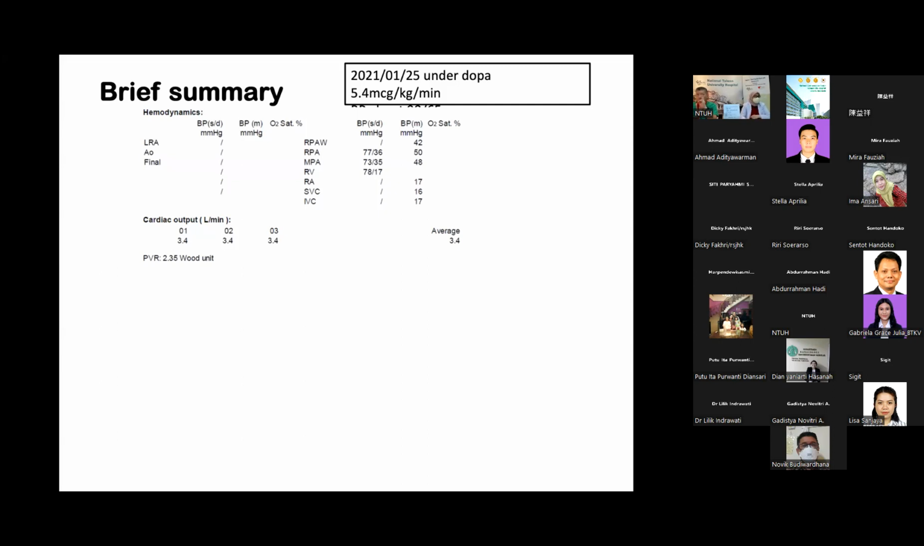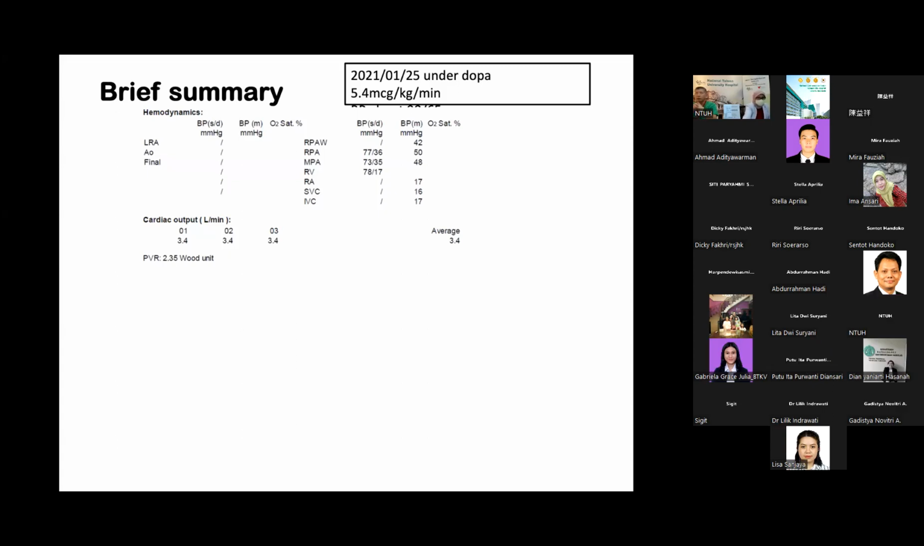Usually we do the procedure of catheterization. We will see what the pulmonary artery pressure is, what the wedge is. So when we see this data, okay, could this be